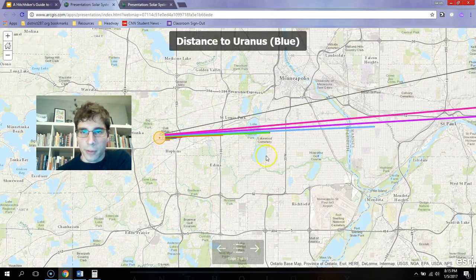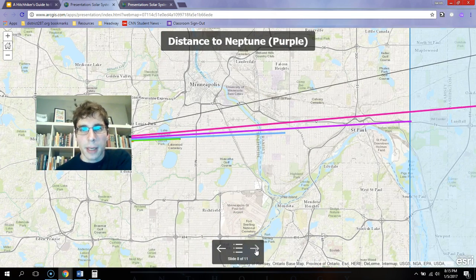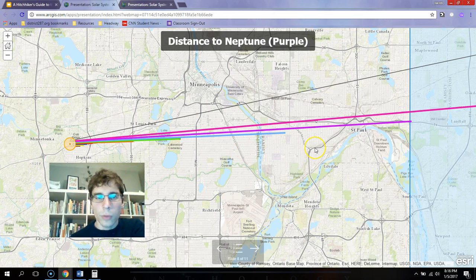Uranus is even further. That's going to take us all the way out into St. Paul, so quite a ways away. And then our last planet here, Neptune, is going to make it all the way out to Indian Mounds Park, which is beyond St. Paul even. So we're really getting out there. And now I want to show you where we're going next, which is what is beyond the